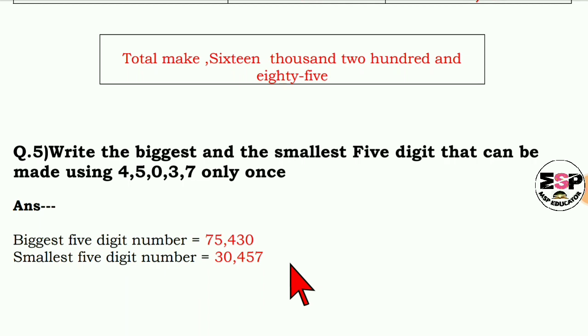That's why you are going to take the 0 on the second place. Okay. Then only your number will be 5 digit number. Understood the difference? So 3 is the second smallest number. That's why take the 3, then 0, then 4, 5, 7. Like this you are going to arrange the numbers in the ascending order. While forming 5 digit number, never take 0 on the first place. It will be 4-digit number then. Understood? There is no value to the 0 which is on the left side of the number. Understood?